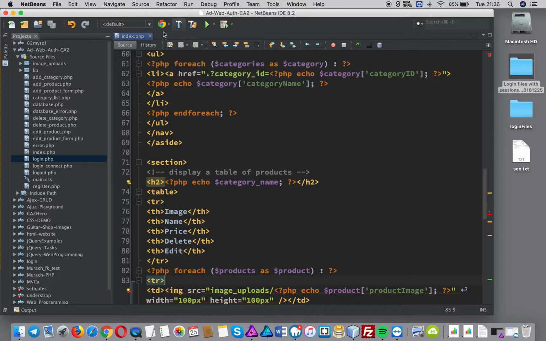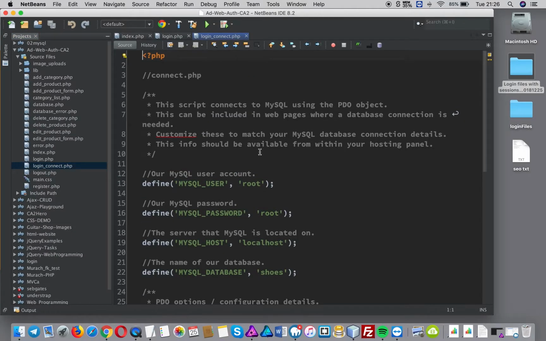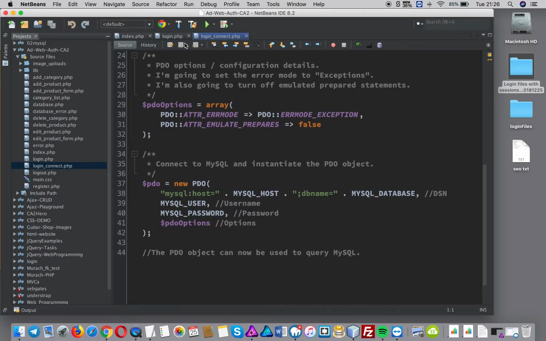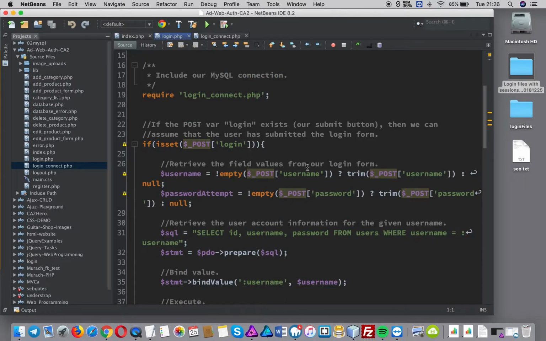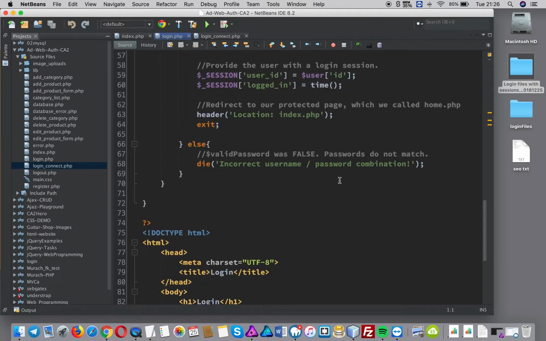Now, let's have a look at how that happened. I've got a login page and I've got a login connect. The login connect is just simply connecting to the database in a separate file. This one here goes through, checks if the password is correct, and it will obviously tell you if there's a problem, but essentially